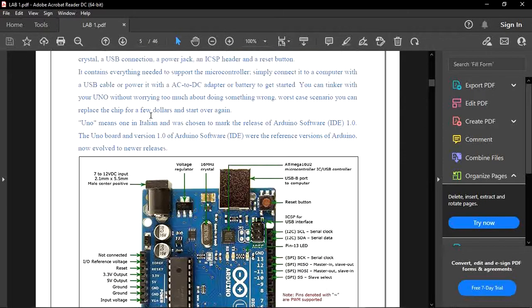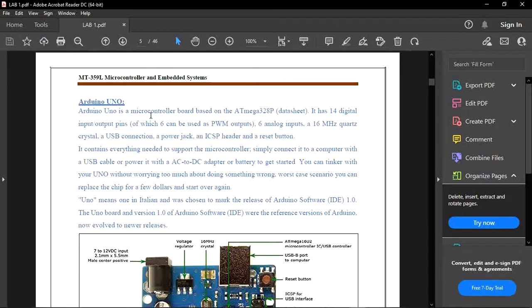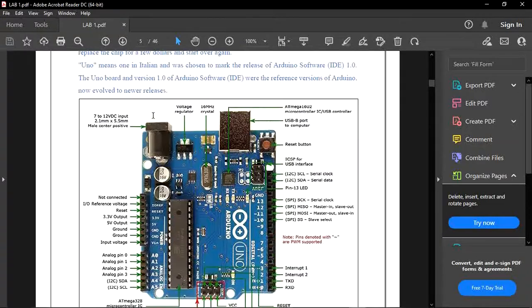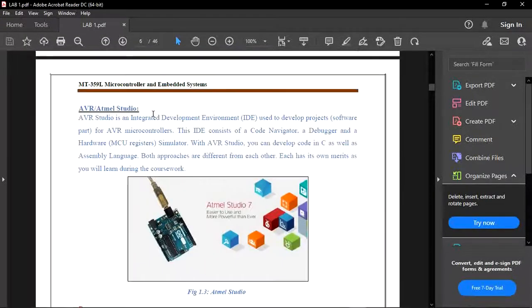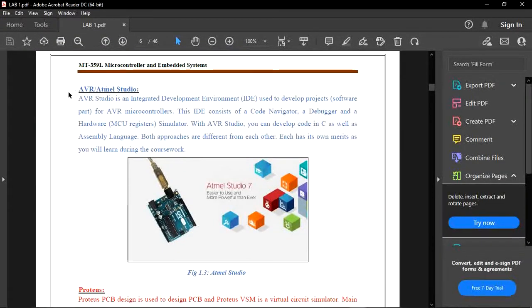This is a little bit of introduction about Arduino Uno. The basic board we are going to use is Arduino Mega, the ATmega328P.